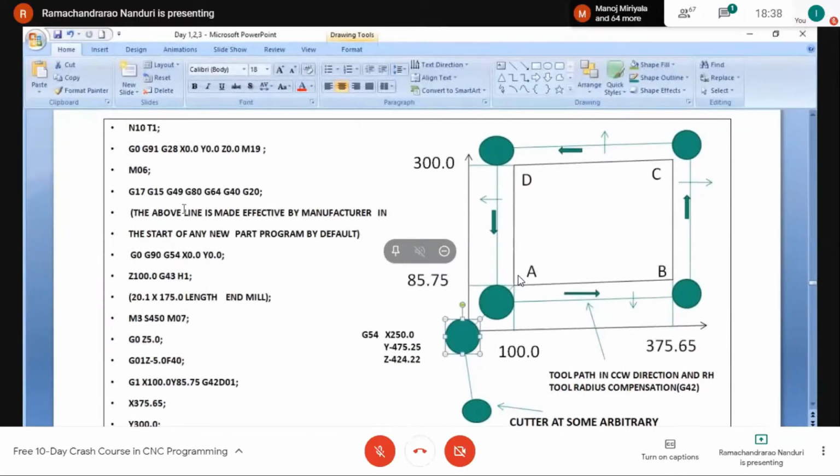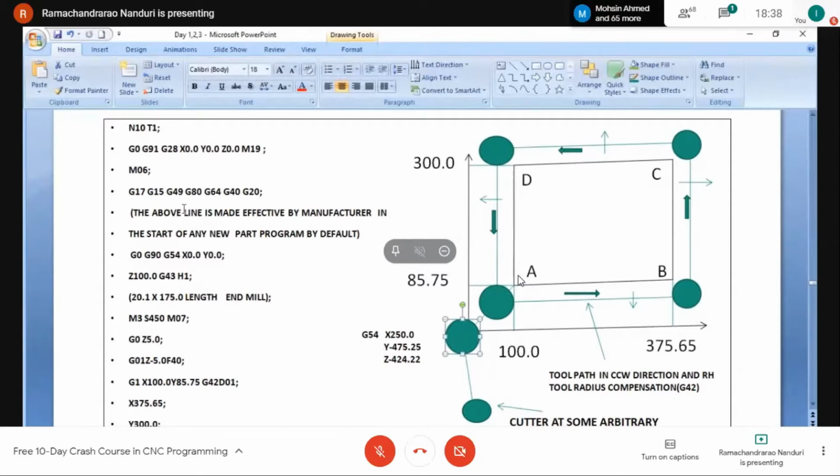Now the first line is given a number N10. N stands for line number, NC code line number. Here you will be coming across blocks in AutoCAD also, but that is different. Here the block means NC block, numeric code block.